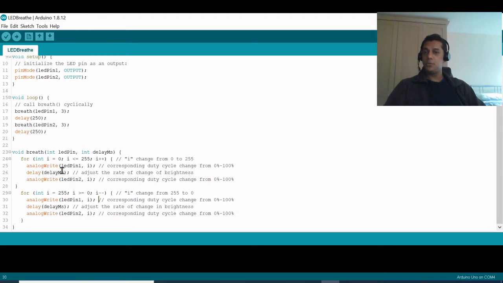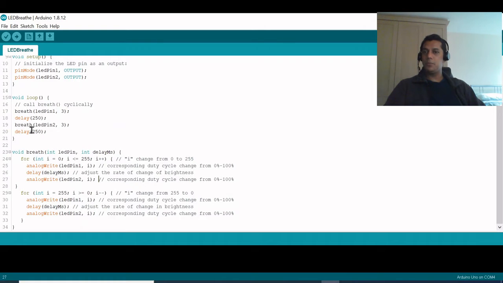Each of these analogWrite statements, the mapping of the duty cycle of the PWM wave to the brightness of the LED, will happen at an interval of 3 milliseconds.